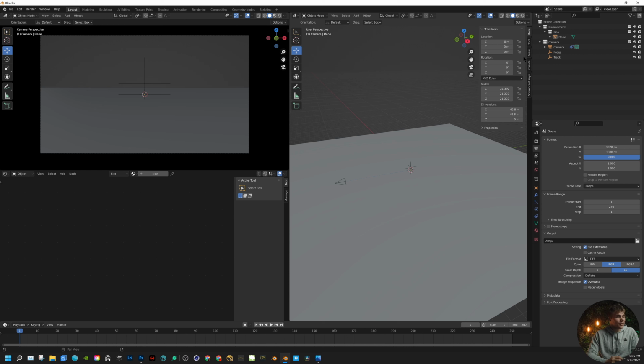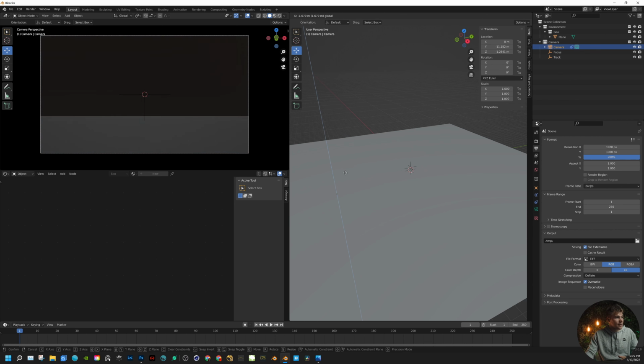So all that being said, let's jump into it and create this scene from scratch. Okay guys, we're going to be starting off with a pretty basic scene here. I just have a few things set up like a camera and a track. This is just for me to move the camera around and still have it pointing at the same area right